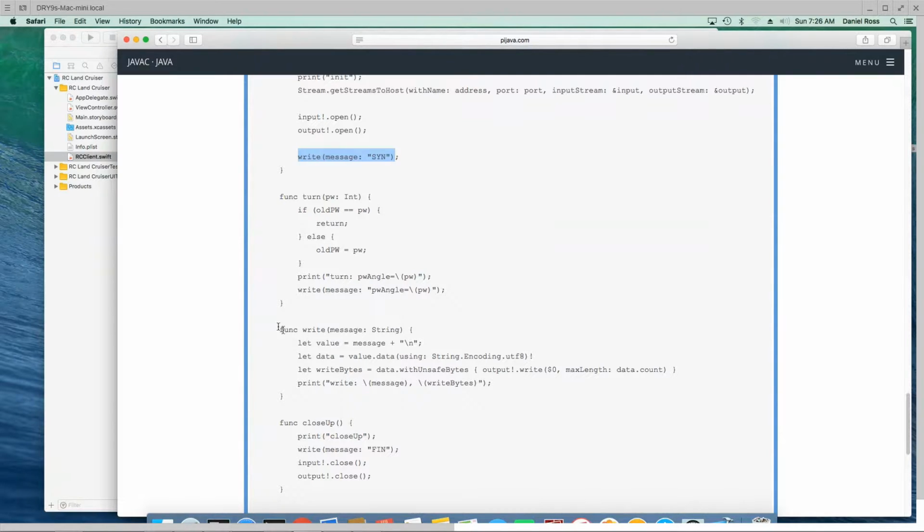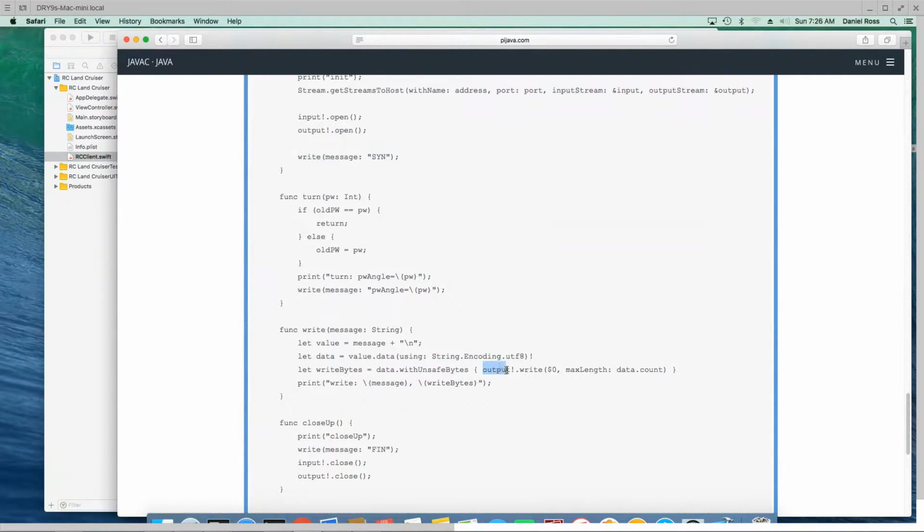Now I've got the write method here. The write method takes in a string and adds a new line. You need this new line added to it so that the server will actually say, oh, okay, I got an actual message and reply that. So that's actually critical there. Don't worry about this stuff there. I'm just basically setting this data, using the string class, invoking the data and changing that to the UTF-8 encoding there. Okay, and then write bytes will basically be an integer, and data with unsafe bytes,